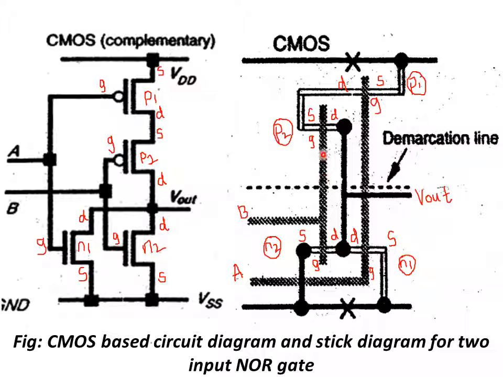In order to form the PMOS transistors, we need two layers. What are those? The P diffusion layer and the polysilicon layer, right? Here we have taken the P diffusion line. As you can see here, it is appearing in the vertical form, right? Sorry, the horizontal one. In the vertical one, the vertical